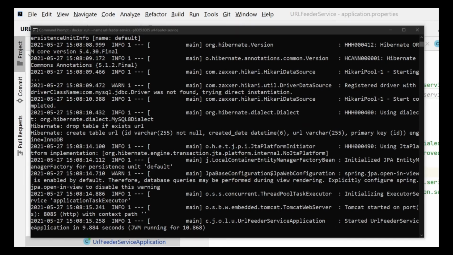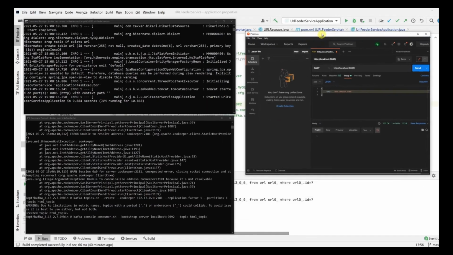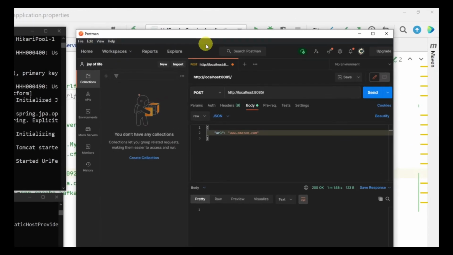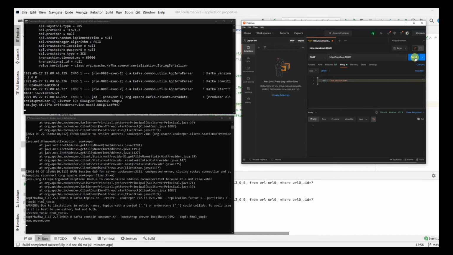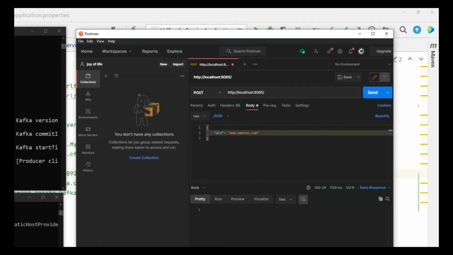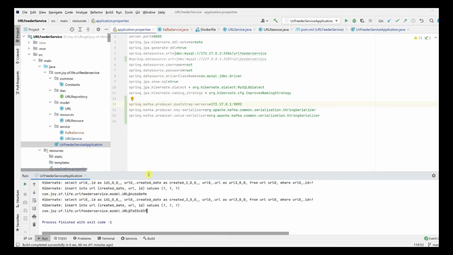So let's get the consumer over here so that we can see that the messages are being consumed. Let's get Postman also over here, and we are going to send this Amazon.com request. So you can see here it has been received, and you can see Amazon.com showing up over here, right? So everything looks cool, right? And this is how we configure our application, and we don't need to run it from our local machine, right? Everything will be working as expected if you have them running inside the same Docker host.